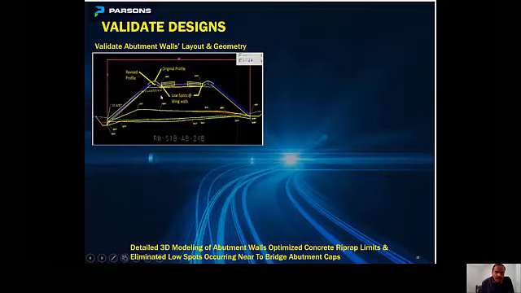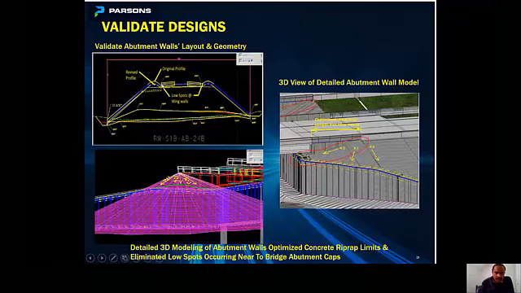and in low spots occurring right next to the bridge abutment caps. Later on, with the help of advanced grading tools, we were able to eliminate these humps, and also make sure that there are no low spots occurring around these bridge abutment caps. We were able to optimize the concrete riprap limits, and also verify that the maximum slope criteria was met. In this picture you can see the pink contours, which, with the help of detailed grading tools, demonstrate how those humps were created, and how the low spot was getting created.